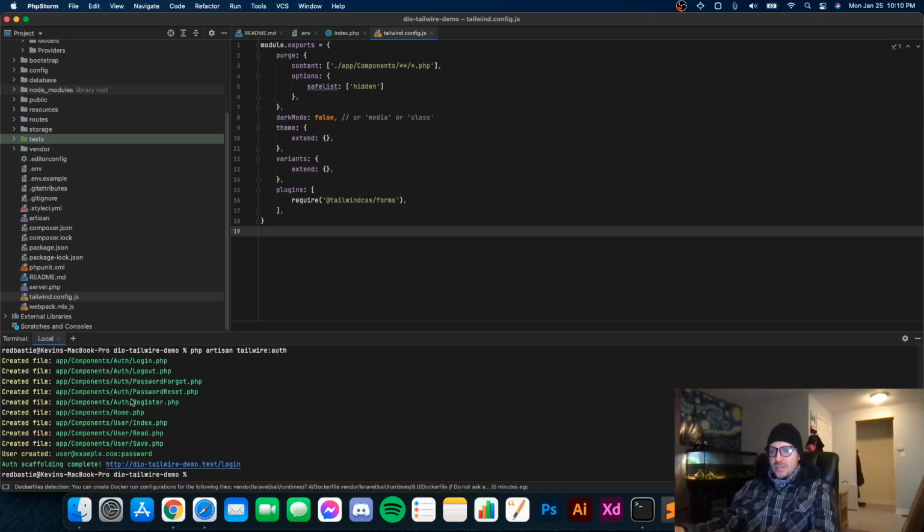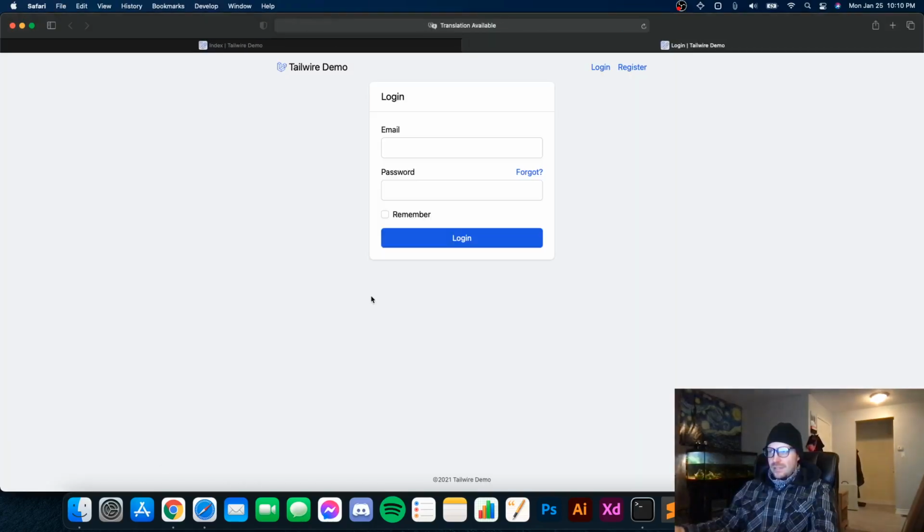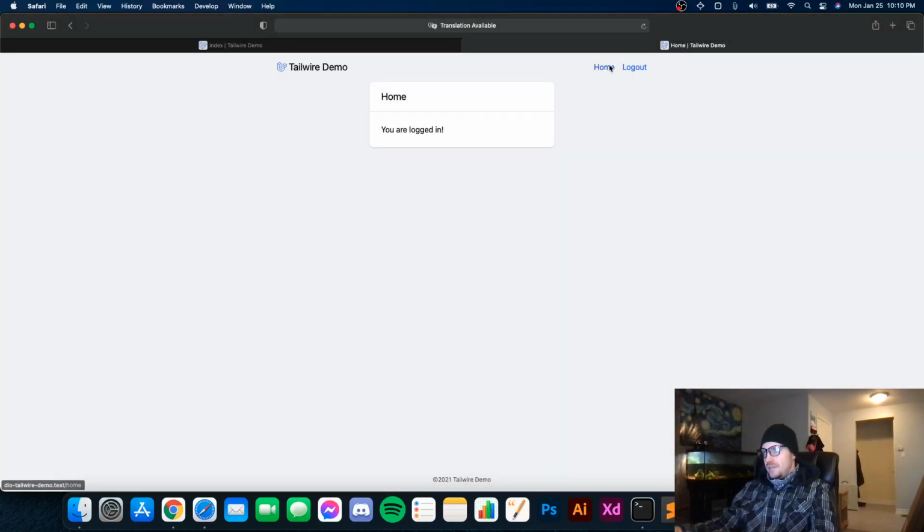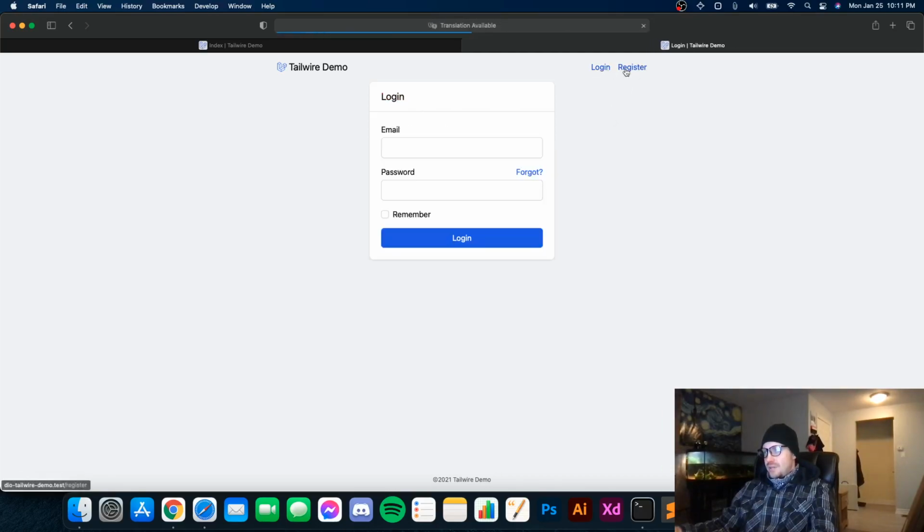What it did was it created all my auth components: login, logout, forgot password, reset password, register, home. It also created basic user CRUD, and it created an example user you can log in with. So if I click here, I should be able to log in with user@example.com, a password of password. And I'm in. I can go home, I can go back to the index, I can log out, I can